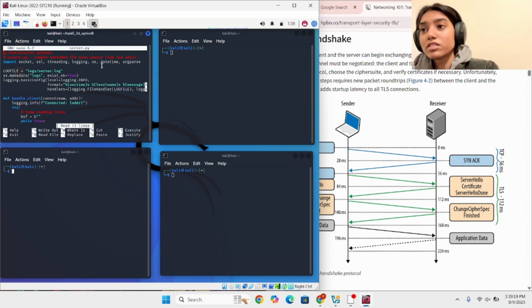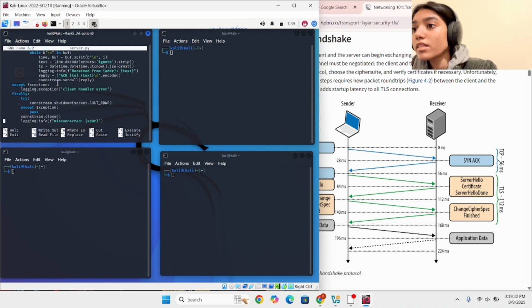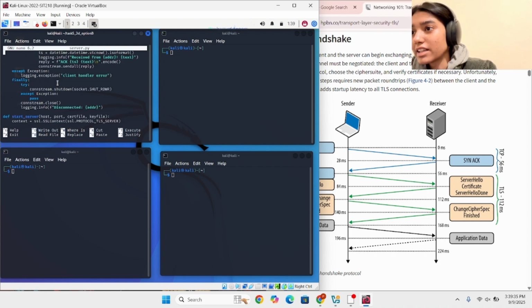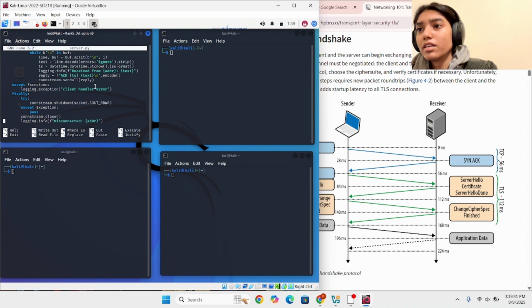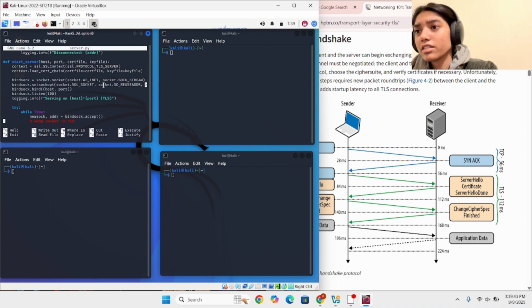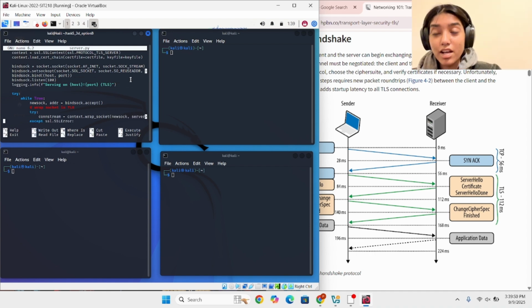Then thread logs: you can have the logs, OS, date, time, and everything. Log file: you can save all those logs in the server.log if you want to. Now the most important thing is that you can see there are connections, and the socket is defined, like what kind of socket we are dealing with. And we have SOCK_STREAM because this is my